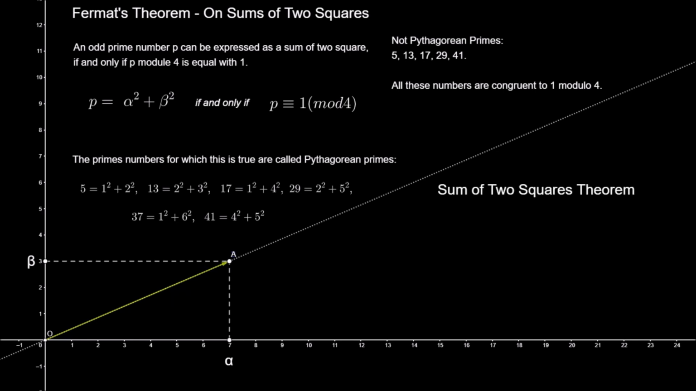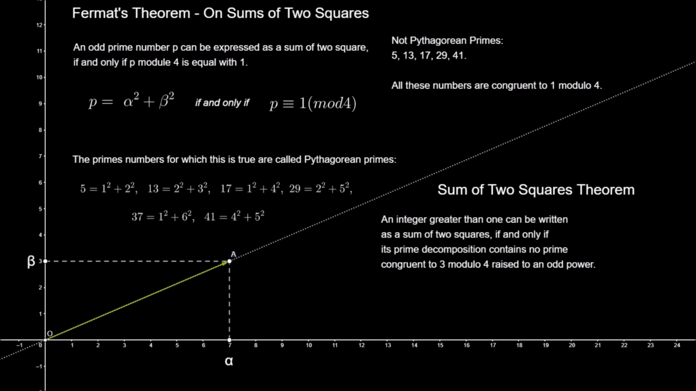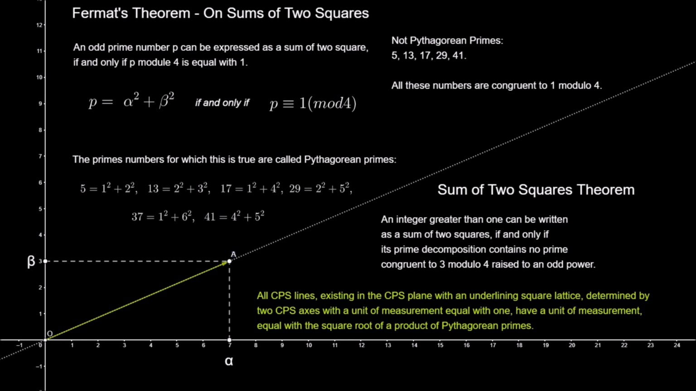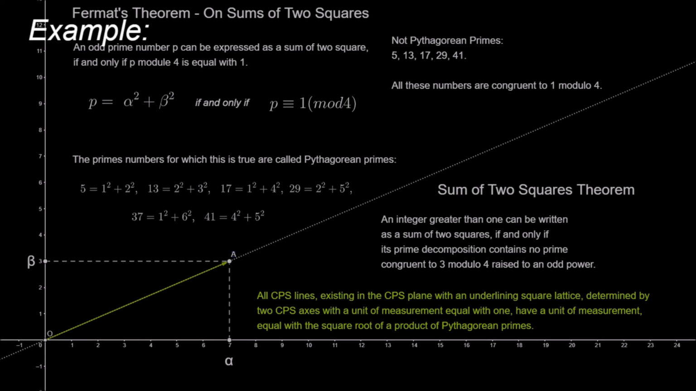Fermat's theorem can be extended to include all natural numbers. An integer greater than 1 can be written as a sum of two squares if and only if its prime decomposition contains no prime congruent to 3 modulo 4 raised to an odd power. We can apply these results to CPS geometry. All CPS lines existing in this CPS plane have units of measurement equal to the square root of a product of Pythagorean primes. For example,